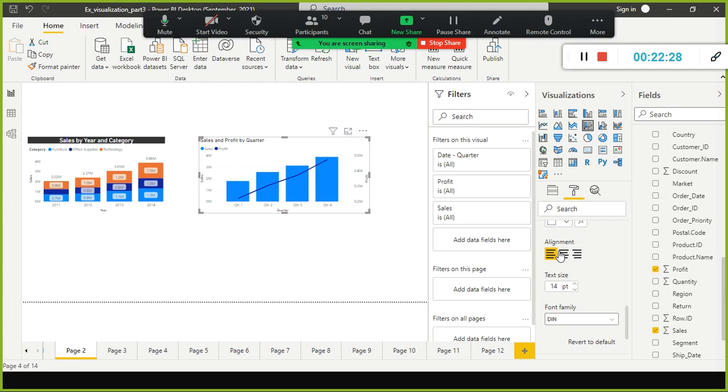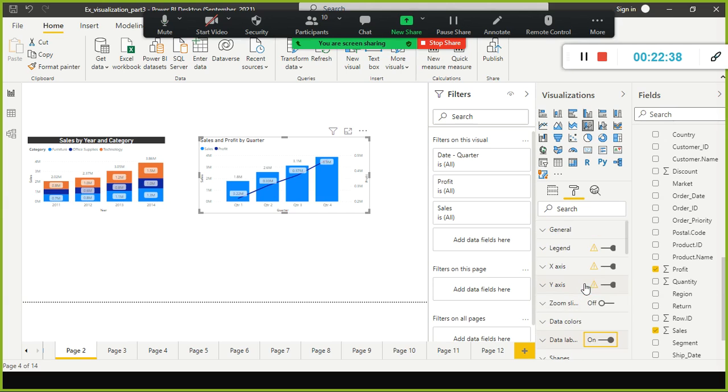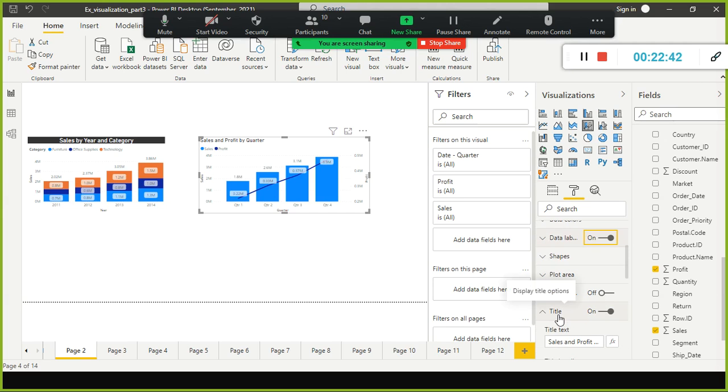For this one also, one second, data label on, but you need to have a bit of patience to do this.